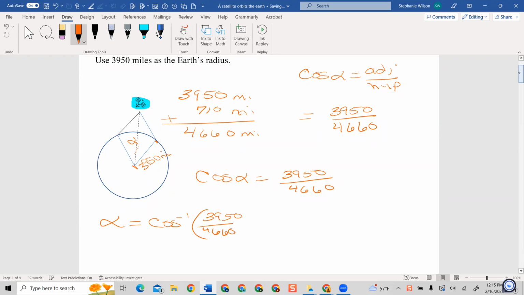I'm going to put it in my calculator, and make sure when you put it in your calculator, you check and put it in radians. Just double check, and I'm going to double check my answer too. So I'm going to take the inverse cosine of 3950 divided by 4660. Again, if it's not in radians, you need to make sure it is. And so now I get approximately